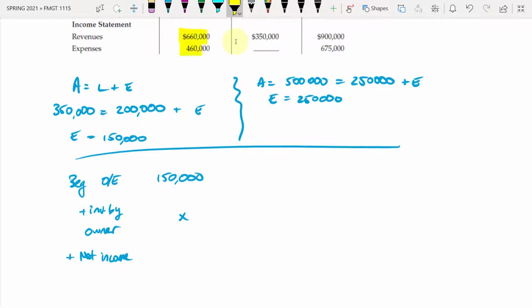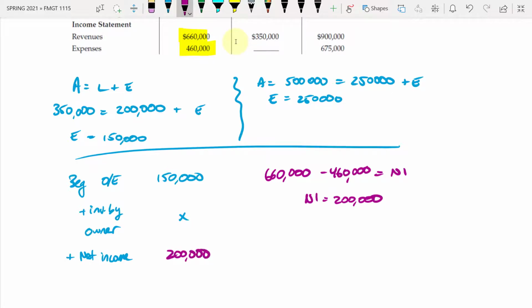And we're actually given both of those numbers up here. So if we take our revenues of $660,000, and we subtract our expenses of $460,000, we get our net income, and therefore our net income is equal to $200,000. So here we can say plus net income of $200,000 minus our withdrawals,